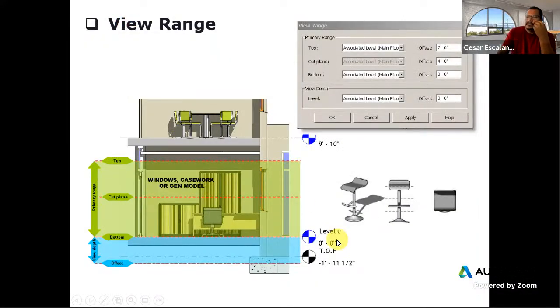So the view range is a set of 4 different planes. Within these planes, there are 2 ranges. There's the primary range, and there's the view depth. The primary range is a set of 3 working planes that defines the total visible area of the elements in